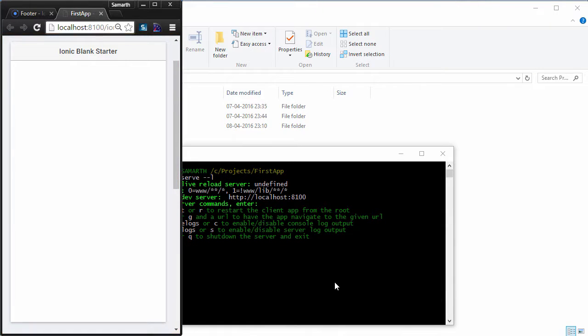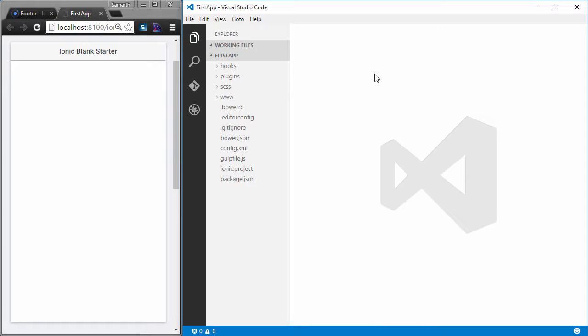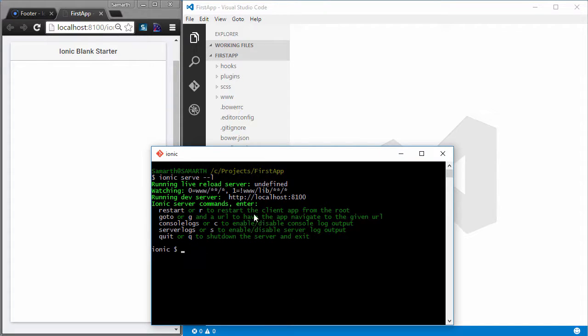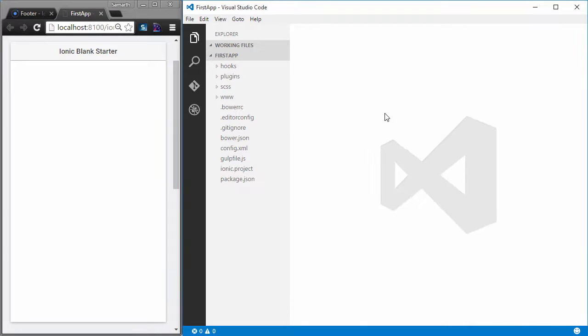Okay. What I'm going to do is open my Visual Studio Code on the right. So here I have my Visual Studio Code on the right and on the left I have my application. Also note that I have my Ionic server running right here. As soon as I type in ionic serve --l, a live reload server starts running. And this makes sure that as soon as I make changes in my HTML, CSS and JavaScript, those changes are reflected in the browser. So this is kind of a cool feature that Ionic provides.